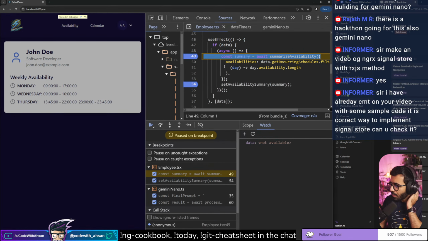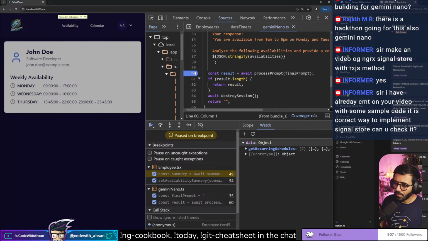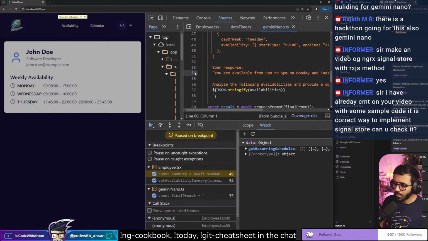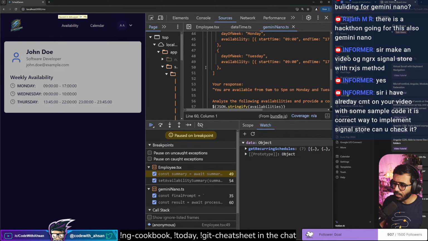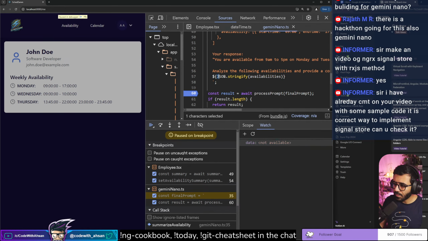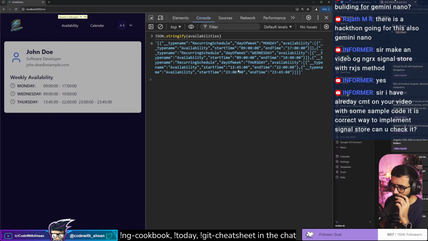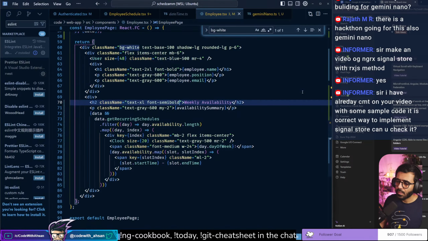So if I go here, then what I want to do with the Gemini Nano TS is I want to have, yeah, actually here. So when I play, and this comes with this thing right here. Oh, one of the problems also is that we don't really want to send this type name thingy. So yeah, we'll see. So in this case, if I send it a JSON that has this, now I also want to remove